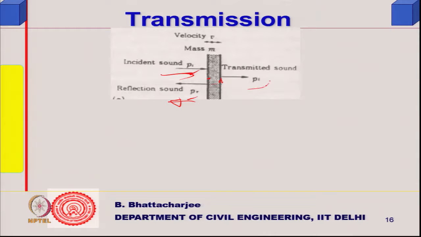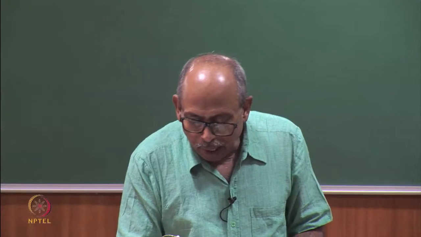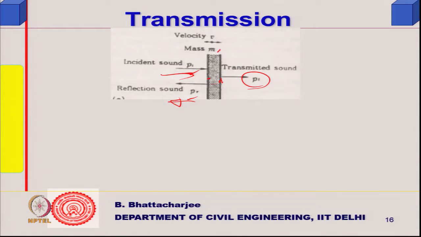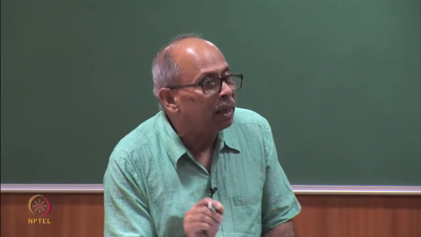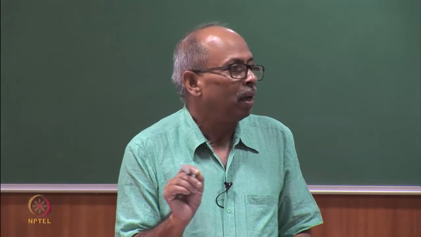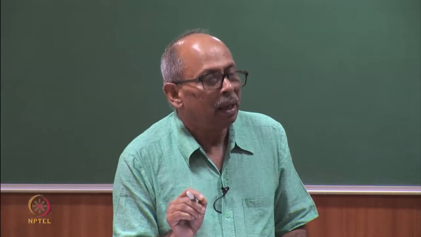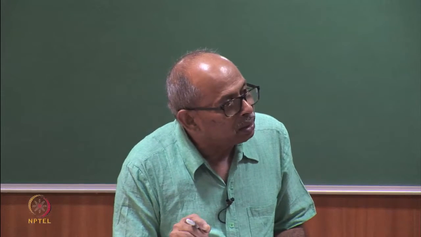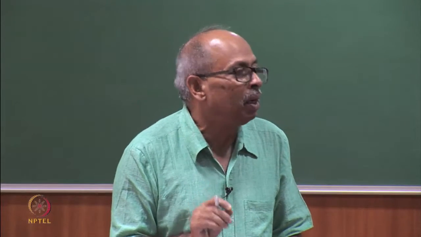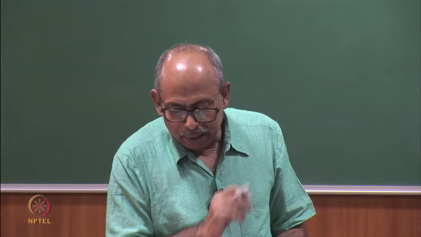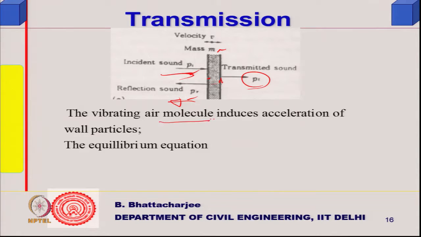So, the pressure here will be P T, the incident pressure is P I, and the reflected is P R, that is force per unit area. If I know the mass per unit area, that must give the particle acceleration inside, and also the particle velocity and particle displacement inside. All three will be there, and that is what we are talking about. So, the vibrating air molecule induces acceleration of the wall particles,